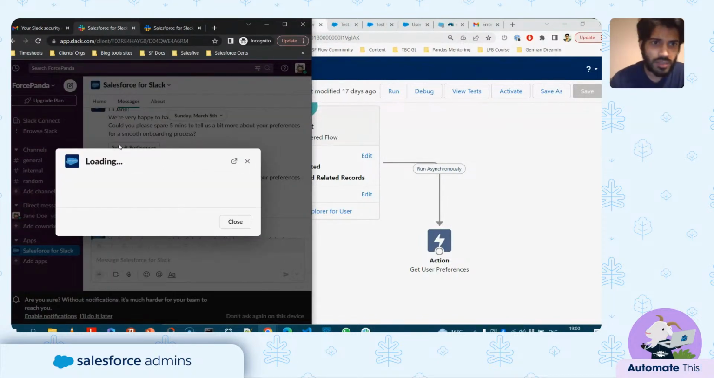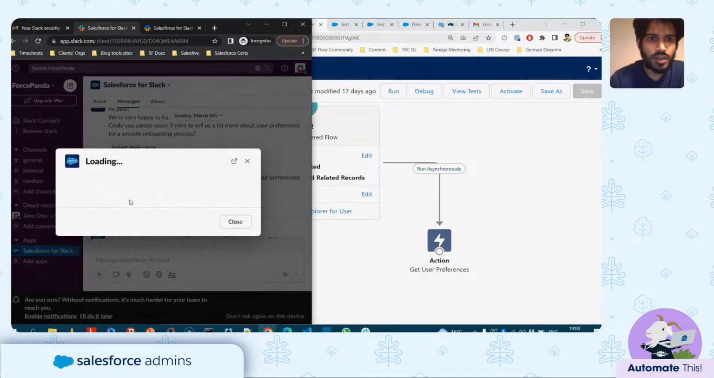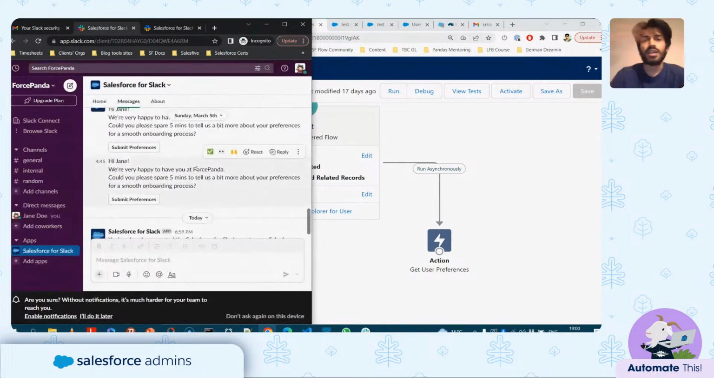For example, are they a Windows or a Mac user? What's their t-shirt size, their food preferences? And additionally, we can also ask them, are they interested in receiving a welcome kit? So let's say, why not? And once this happens, you have an error, but essentially what happens in the background is